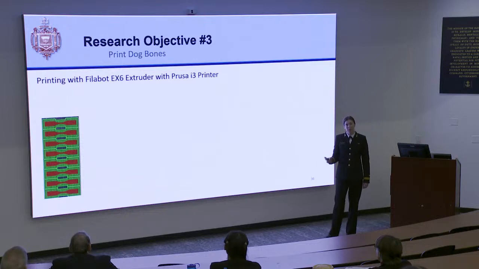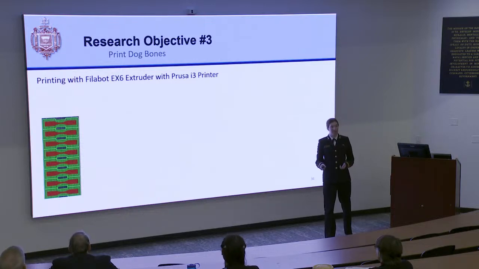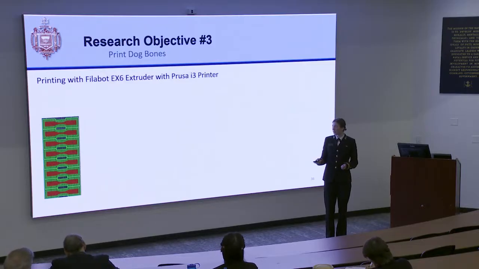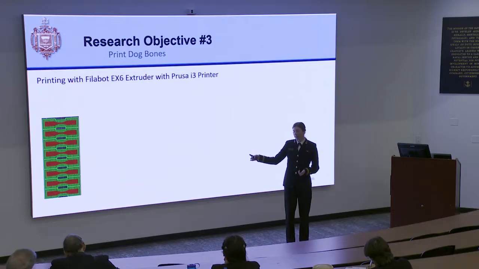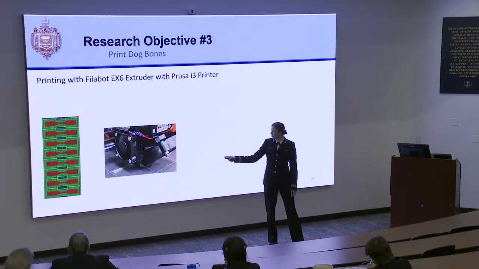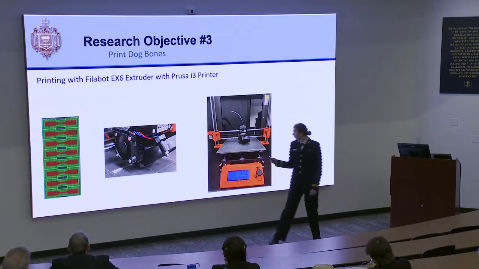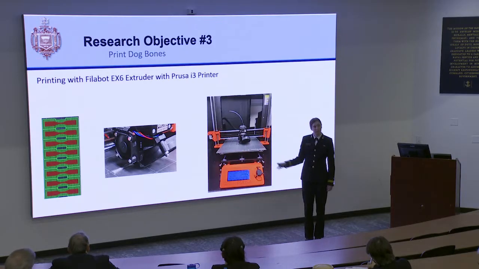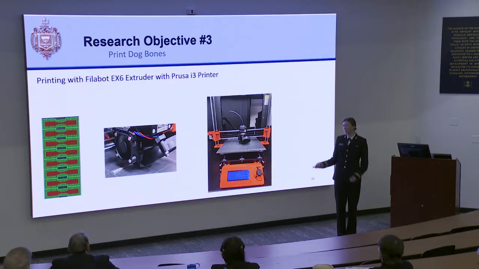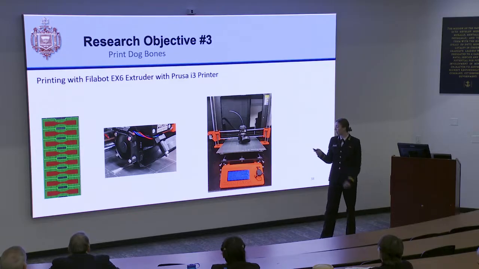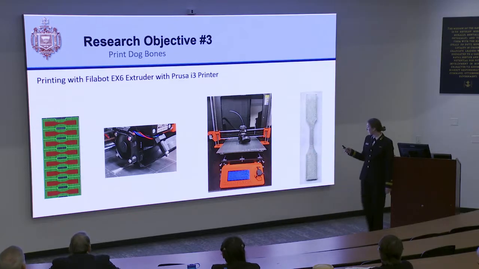And so after we've created the filament, the next step is to create dog bone samples in order to test for tensile strength. So this is the raster pattern. This is what the computer software looks like before we were printing. And then with the printer, we're able to print the dog bones using a Prusa printer. So this printer is less sensitive than other printers that are used in 3D printing. So we can manually insert the filament into the nozzle to create the dog bone sample, which looks like this.